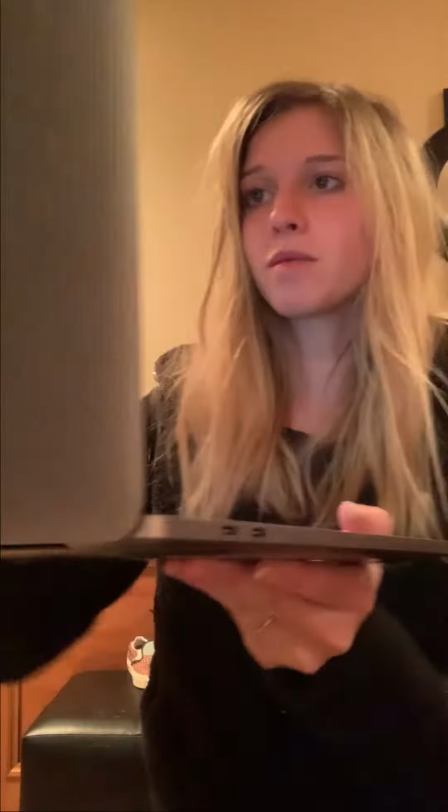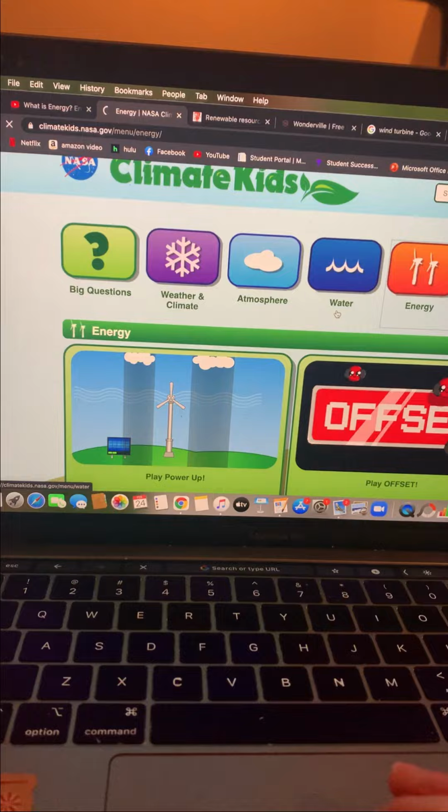Great job! These are some of the websites as well that you guys will need to navigate for your research. You guys can get to them by clicking on one of the bookmarks at the top of the website or at the top of the Google page. The first website is through NASA and it's called Climate Kids, and you guys will be able to play games and study fossil fuels or study the different renewable energy sources up here. And you can kind of play around navigating this to figure out what you might want to write about in